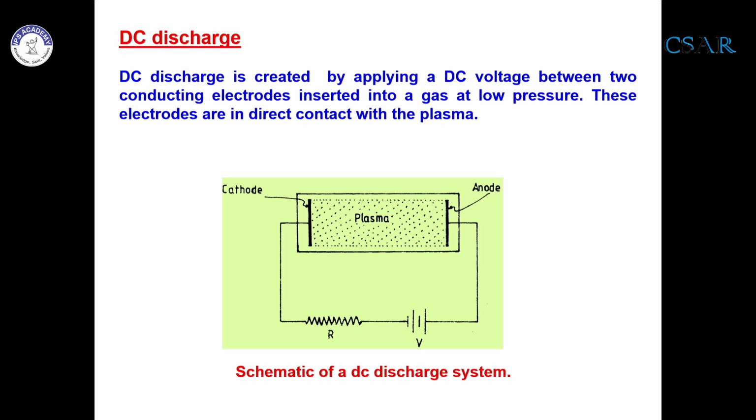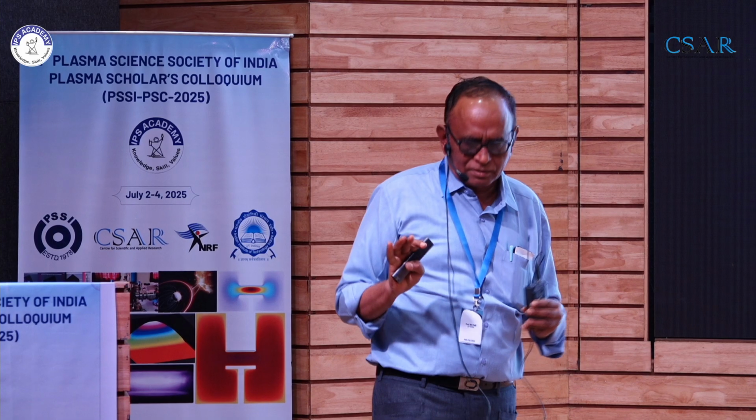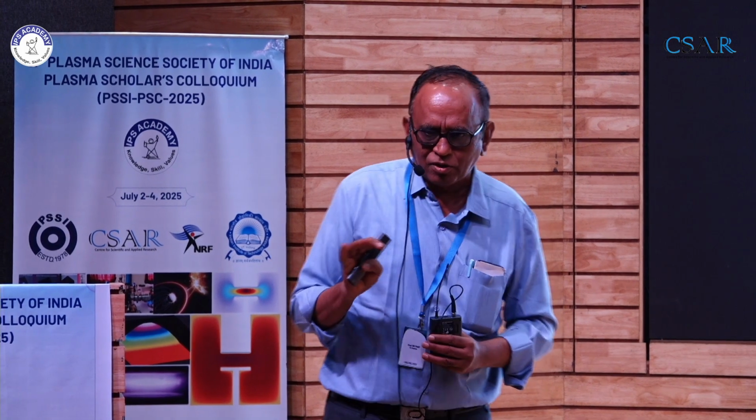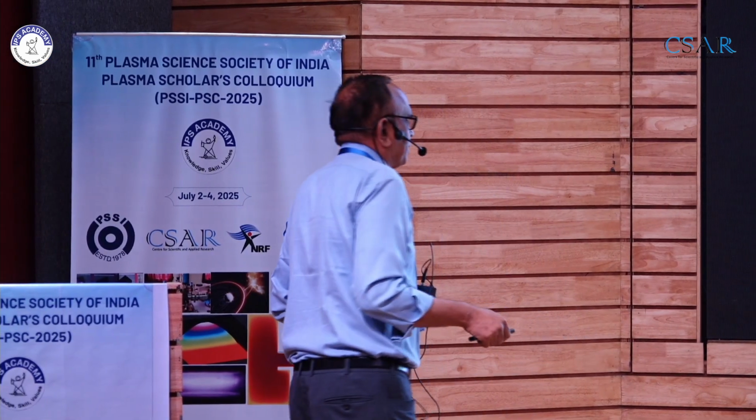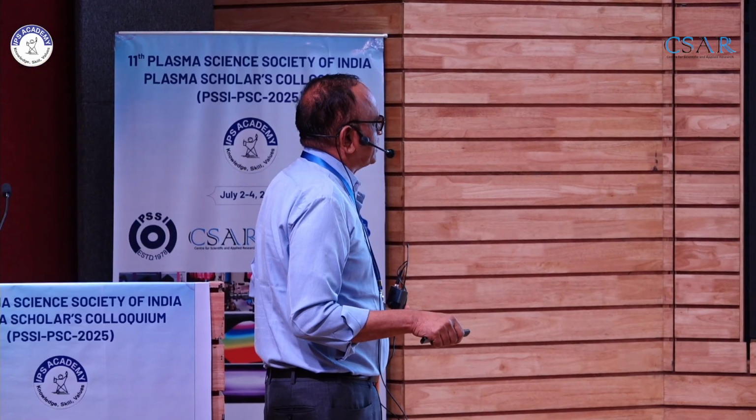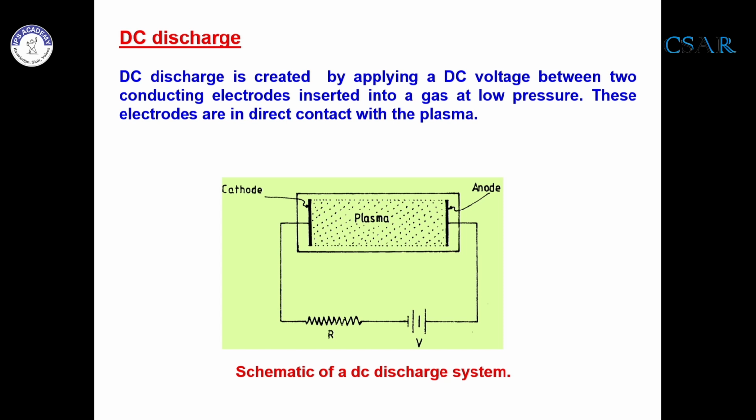Now, since there are a large number of students here, I presume that all of them know about plasma generation. But just for the sake of completeness, you have a discharge tube in which there are 2 electrodes, conducting electrodes, and they are connected by a